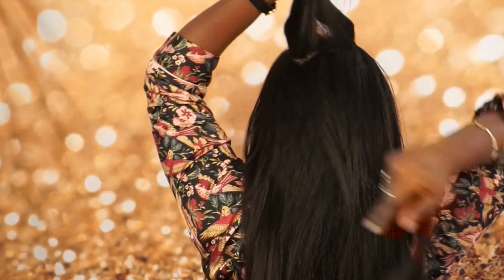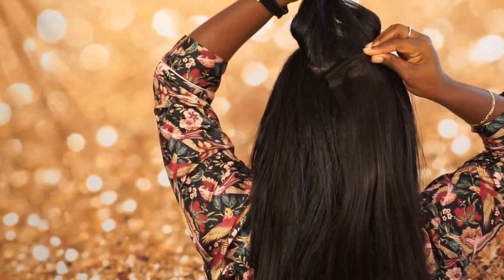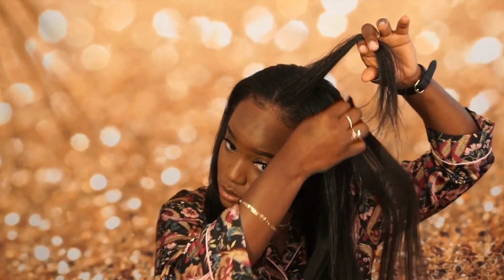So with the last 2 clip-ins, I'm just going to part the middle of my hair, like the upper middle, and I'm just going to apply that clip-in in there. And then the last clip-in, I'm just going to add it randomly because there's no other clip-in, you know? And that's how your hair is going to look with all of the